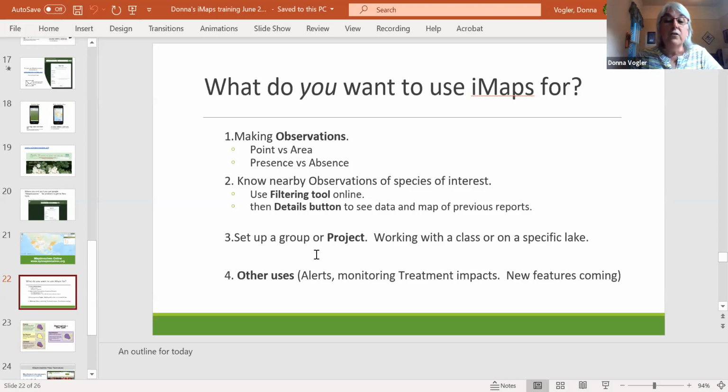And then there's all those other uses that I'm not going to go into, but as you get more expertise in using iMaps, just recognize that you can sign up for email alerts, you could look at treatment from the past, and there's features that were present in iMaps 2. They weren't able to bring over into iMaps 3, but they will in the future.